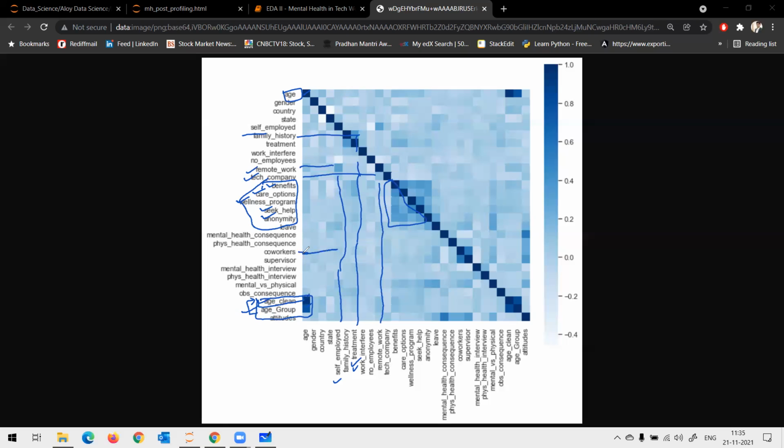Last thing is I can see co-workers correlating with your supervisor. So if your supervisor is shouting and scolding, what do you expect from your co-workers? They are also exposed to the same atmosphere, right? On the other hand, if your supervisor is very supportive, your co-workers also will be supportive, right? So again, an apples to apples comparison.